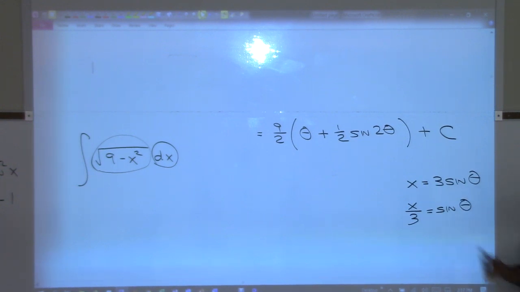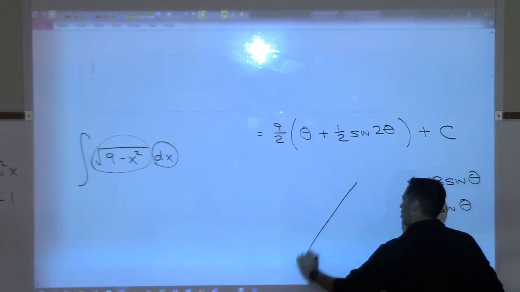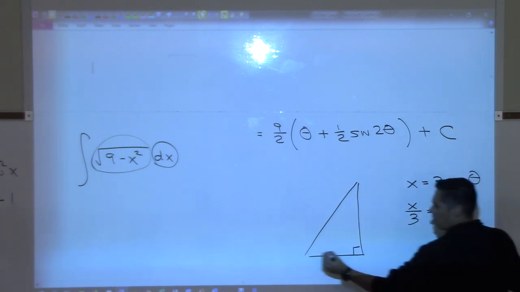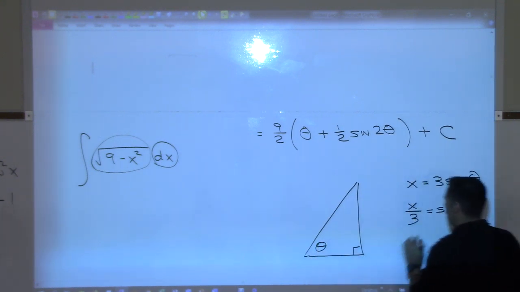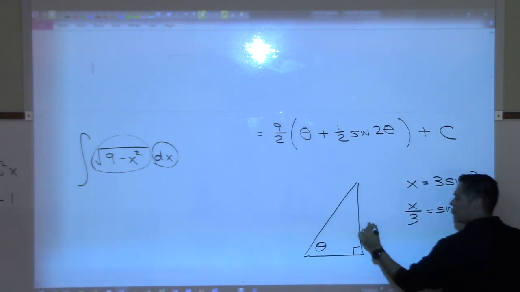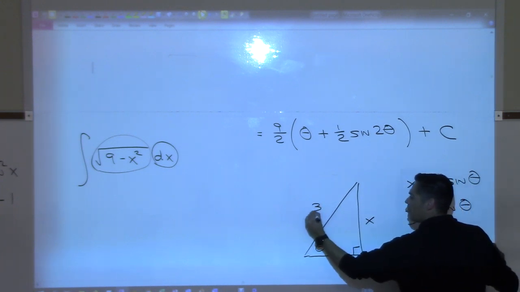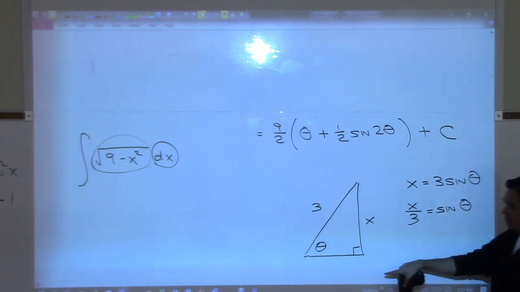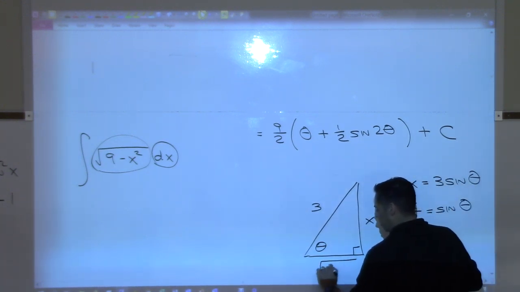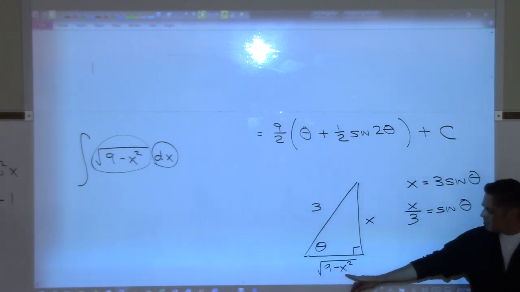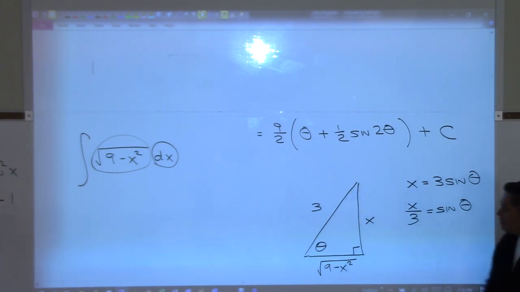I'm going to isolate sine theta, and then I'm going to draw a right triangle. And using this information right here, I'm going to call the angle here theta. And we know that sine of an angle is the opposite over the hypotenuse, which means that I can label this side x and this side 3. And if we have 2 sides of the right triangle, we can always solve for the third one. So this side you can solve for, and I'm trusting you can solve for it, will be the square root of 9 minus x squared. Oh, we've seen this before, haven't we? Yes. Yeah, that's actually that, isn't it? Yes. Okay, now,